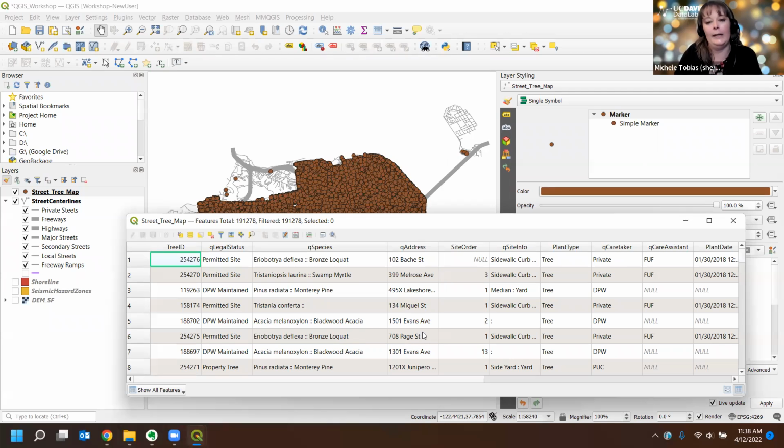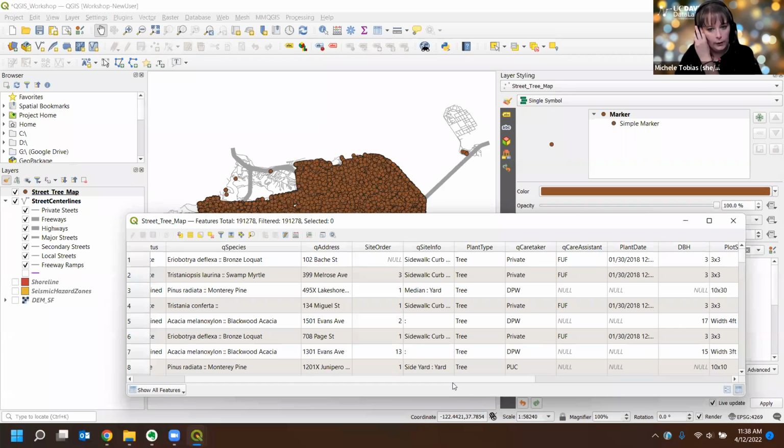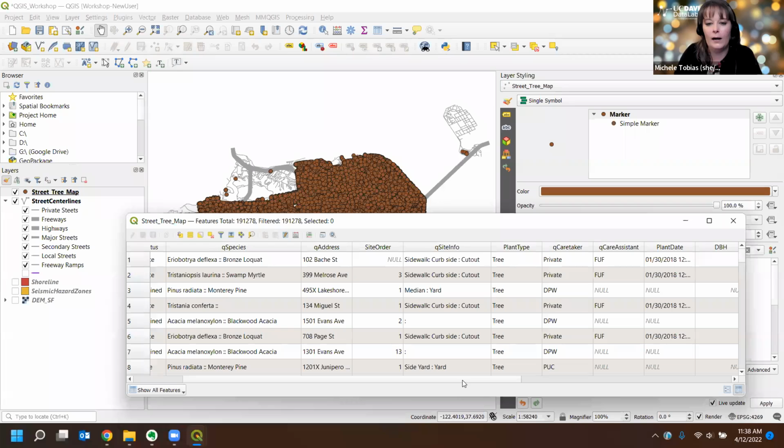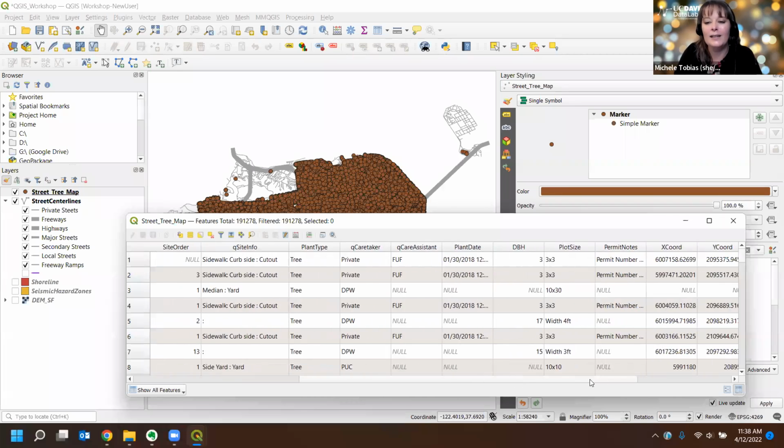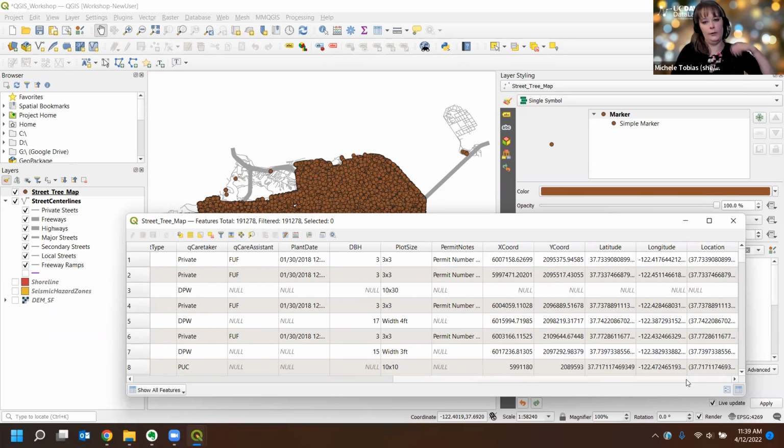We have an address, so we know where the tree is located. If we needed to go, say, we're on the tree crew and we need to go fix a tree where maybe a branch broke, or a tree needs maintenance, we'll know how to find it, not just with a GIS point, but with an actual address we can put into our turn-by-turn directions. So we have some information about the site, like, is it in a sidewalk? Is it not? Anyway, tons of information about these trees, including latitude and longitude, and also the DBH measurement